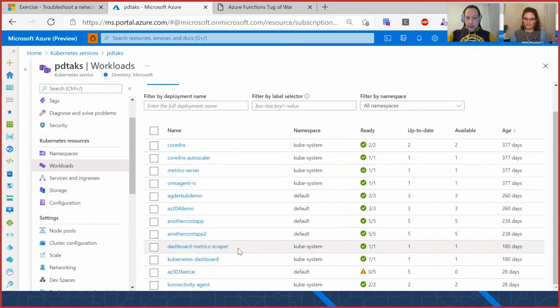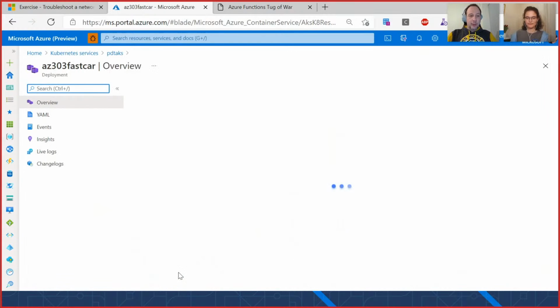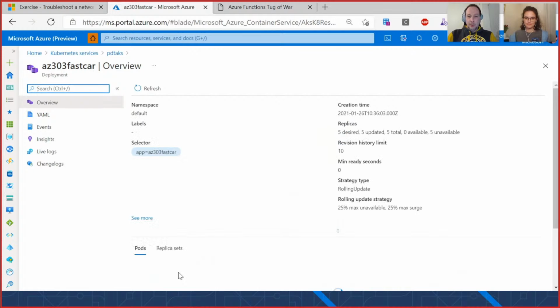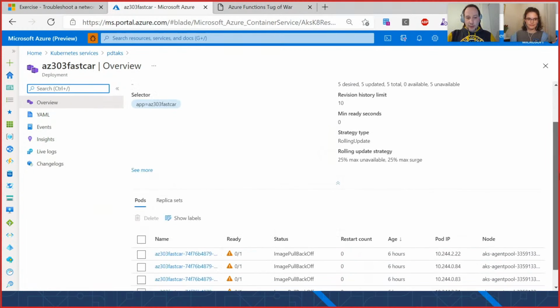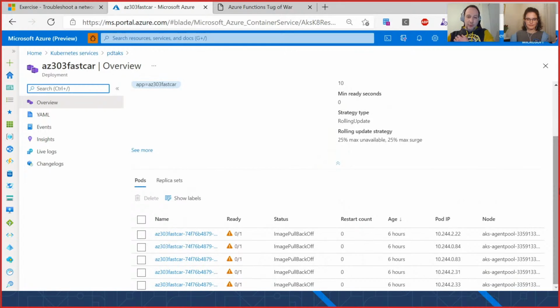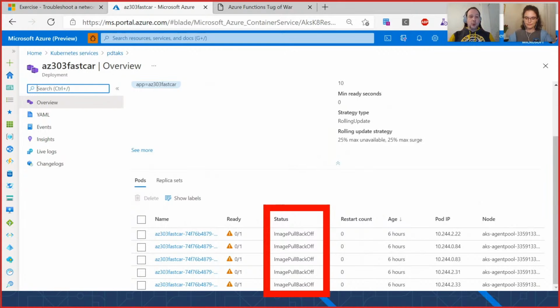Up till now, I have no immediate idea, but let's check it out. So let me open the not running container, and all 5 of them are having issues. Oh, but I can see here it's telling me ImagePullBackOff. It's a little bit cryptic, but this is quite amazing, because what I know about Kubernetes is that it's all driven by kubectl, a command line tool, together with